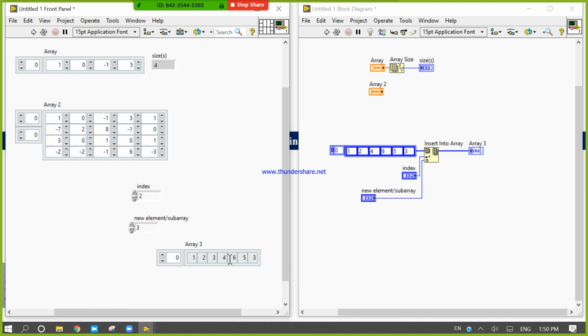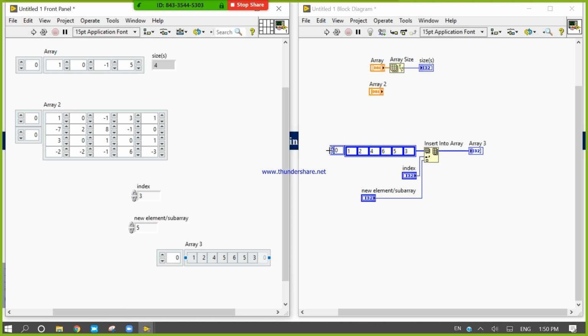Now I want to insert 5 in the place of 4. So insert 5, and let's see what will happen. Now it's blank. Sorry, in the place of 3.